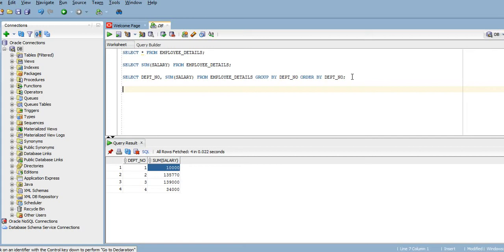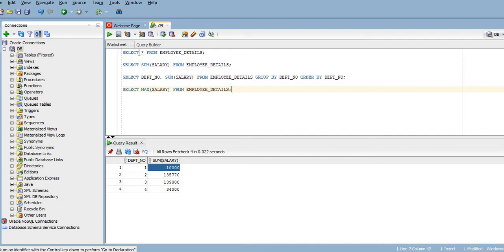Let me write it: select max salary from employee details. Max means maximum, so we are trying to retrieve the maximum salary value from the table employee details.